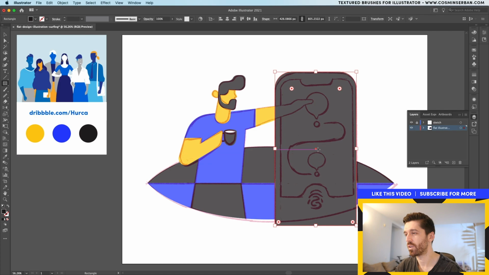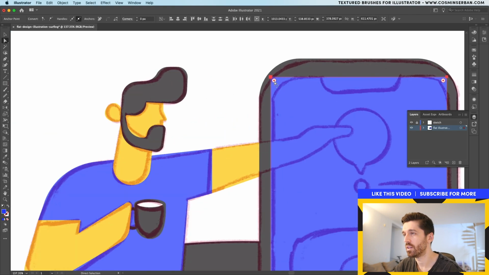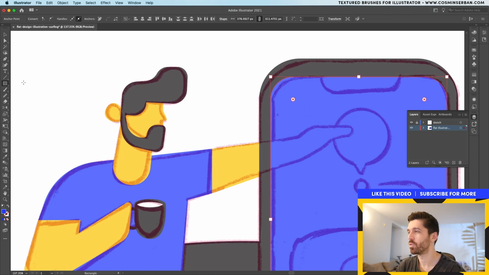From the center, we're going to actually draw another rectangle, but that's going to be the inside display. Let's sample a different color so we can actually differentiate them. These two need to be rounded off. The radius needs to be a bit smaller, just because if you have the same radius, it's going to look weird. If you have a smaller radius, then it's going to look just fine. We need to create the notch because this is an iPhone after all.